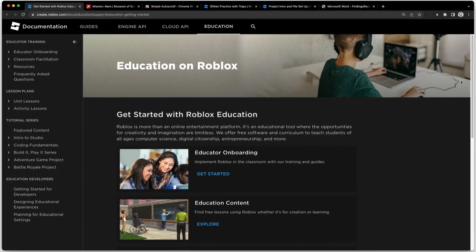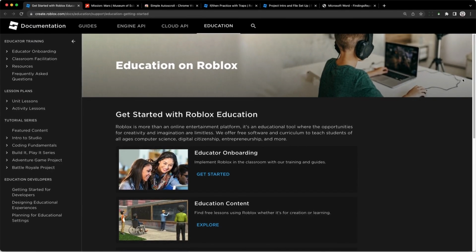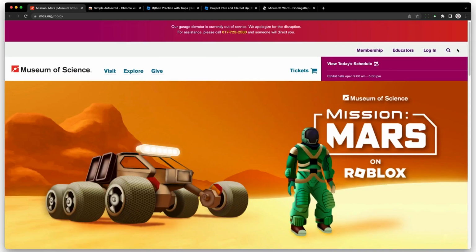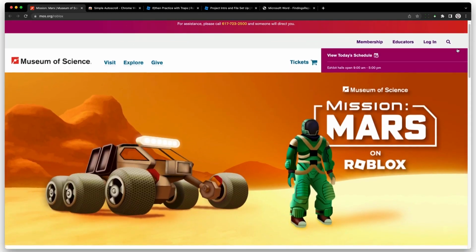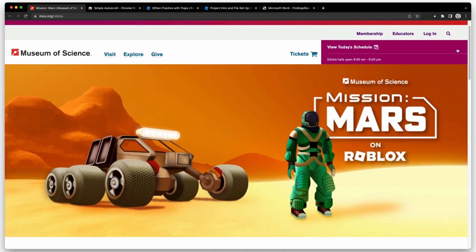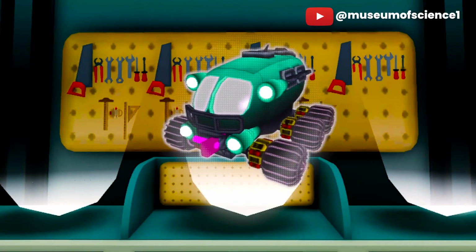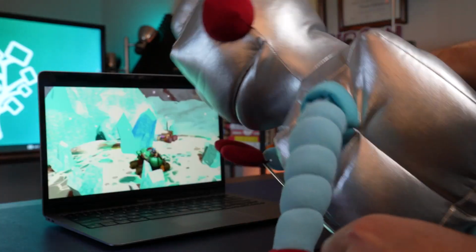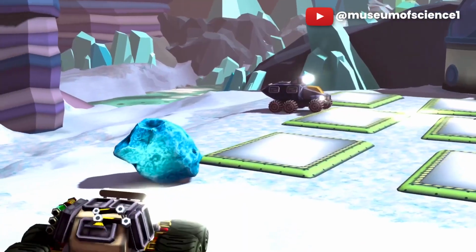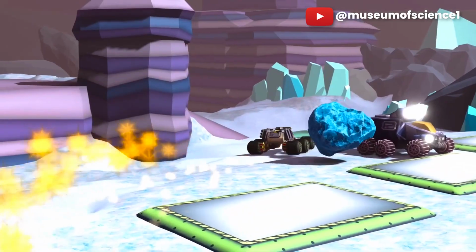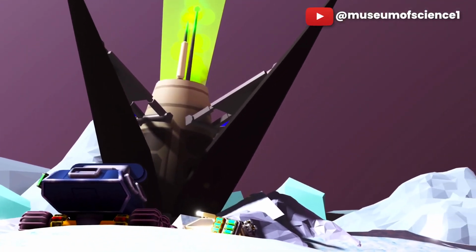creations of others. While Roblox wasn't originally created for classroom use, they are investing a lot in their educational content and experiences. So let's go back to Mars. Roblox has partnered with the Museum of Science to develop a Mission to Mars experience, where students can build their own Mars rovers, search Mars for water and ice, go exploring, with the entire experience being designed using data from